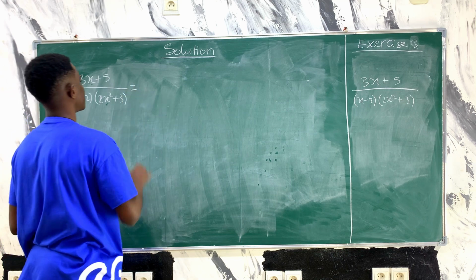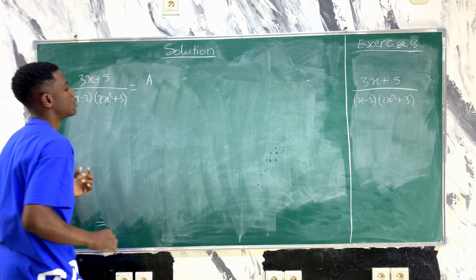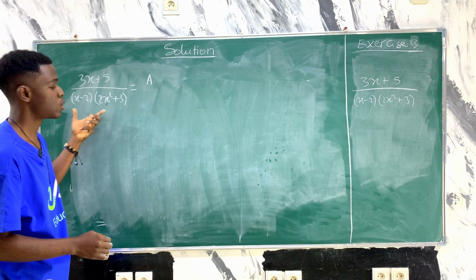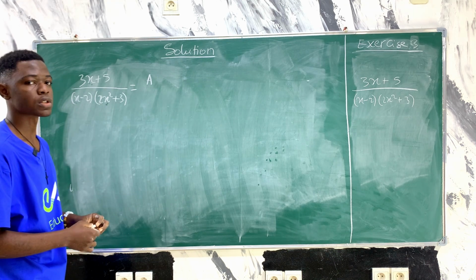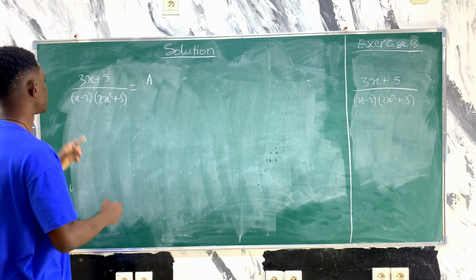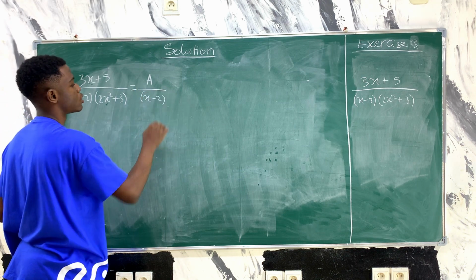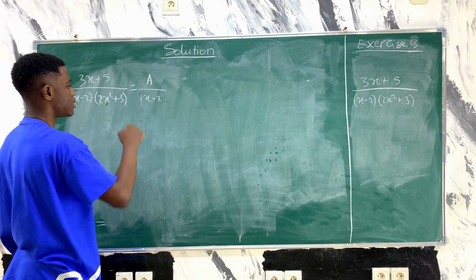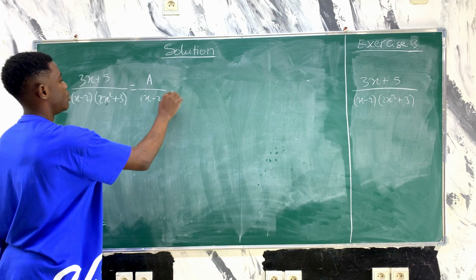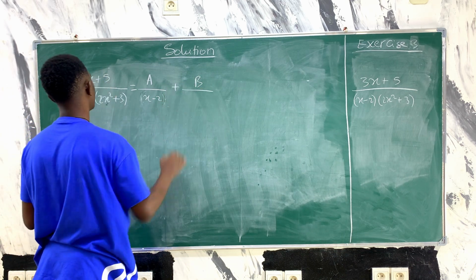So how do we put it in partial fraction form? This will be equal to A. This is the first type of partial fraction that we saw. It is partial fraction with linear factors at the denominator. So it is A on x minus 2. That is a linear factor at the denominator. You can remove the bracket, it's the same thing. Plus B on